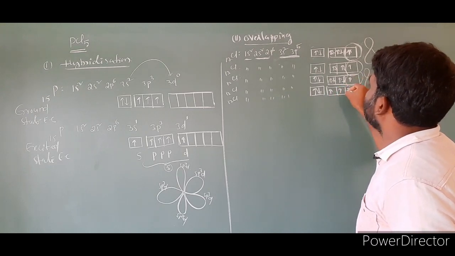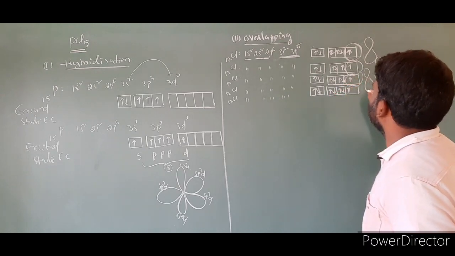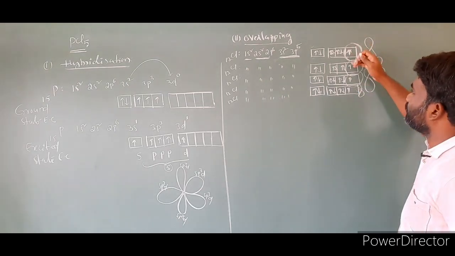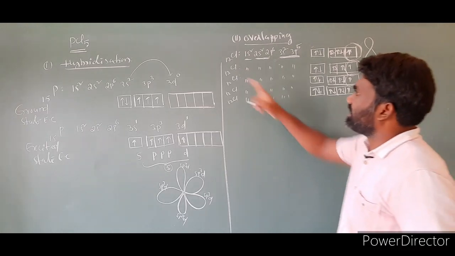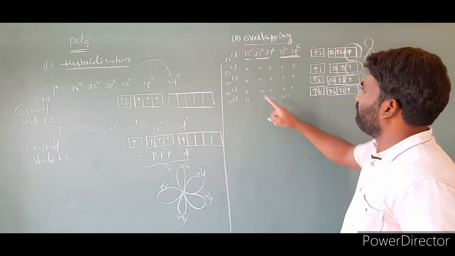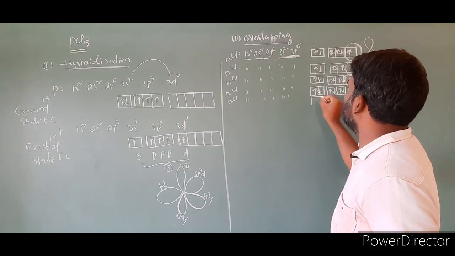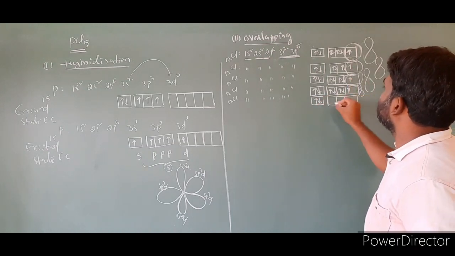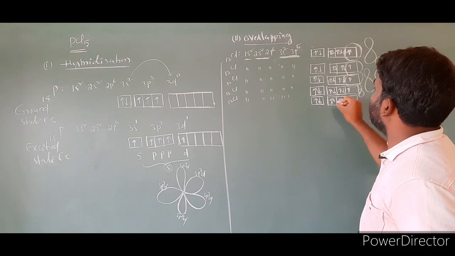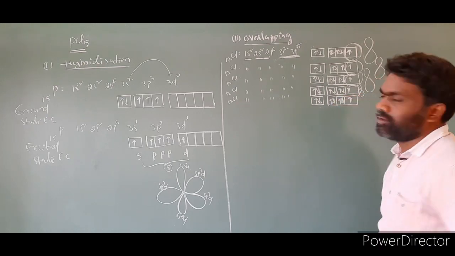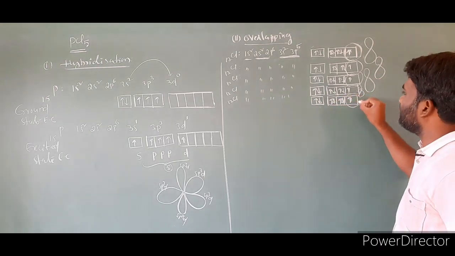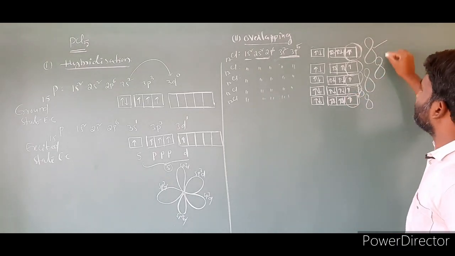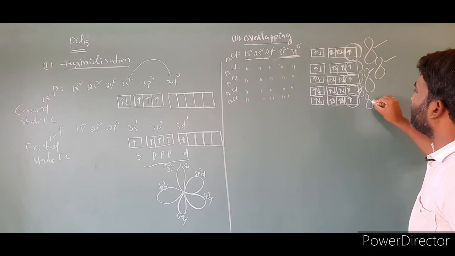We have to write for all chlorines. 1, 2, 3, 4 and 5. So this is another p orbital. So 1, 2, 3, 4 p orbitals we got. One more is there, PCl5, 5 chlorines. We have to write one more p orbital. So 1, 2, 3, 4 and 5. This has only a single electron. This is another p orbital we have to take. The total number of p orbitals is 1, 2, 3, 4 and this is 5.